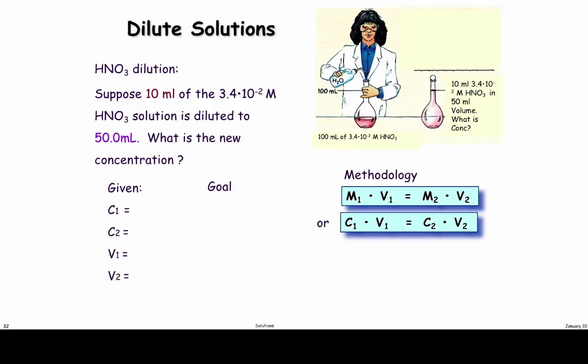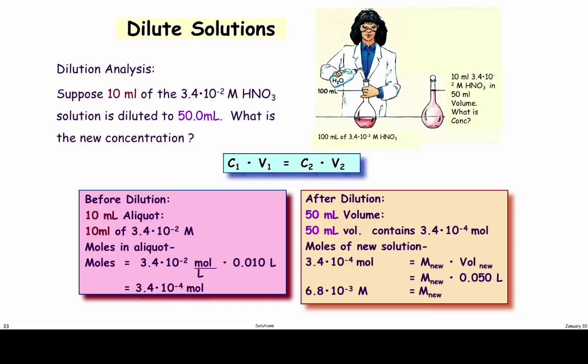Nitric acid, HNO3. We want to dilute that. Suppose 10 mL of the 3.4 times 10 to the minus 2 molar nitric acid solution is diluted to 50 mL. What is the new concentration? Well, the original concentration is 3.4 times 10 to the minus 2. The original volume is 10 mL. So that's M1 and V1, or C1 and V1. The new volume is 50 mL. So we just have to plug it into this equation